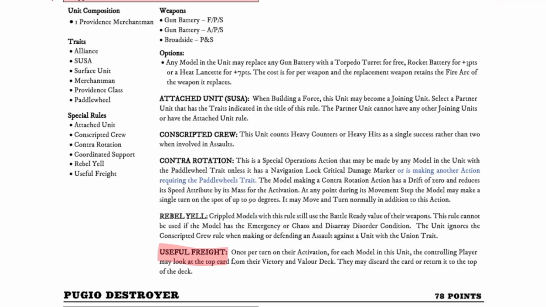Useful Fright is a card that, once per turn on their activation, for each model in this unit, the controlling player may look at the top card of their Victory and Valor deck and then either discard the card or return it to the top of your deck. So you're sort of shifting through some of the Victory and Valor cards with this unit, which can be